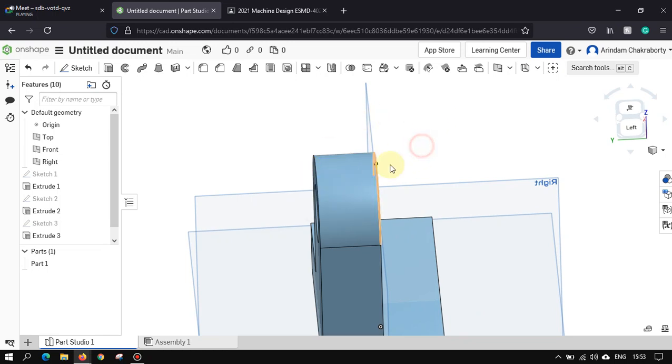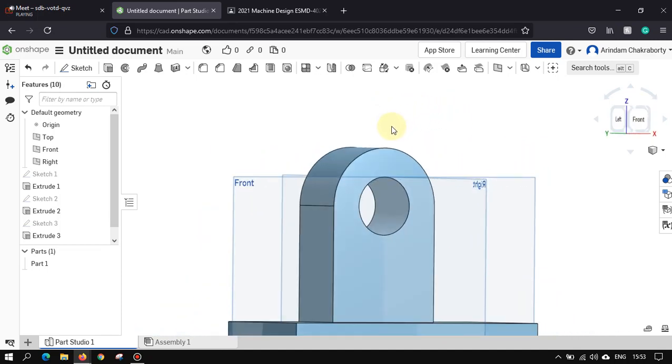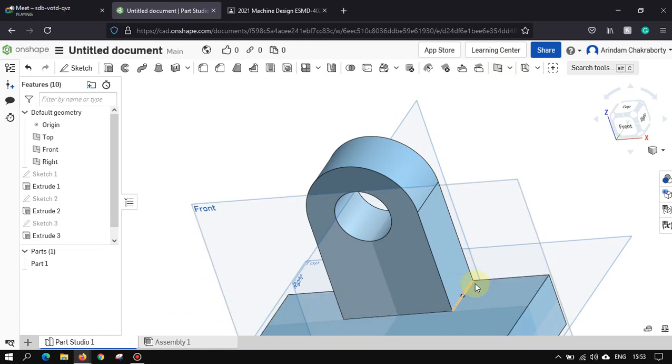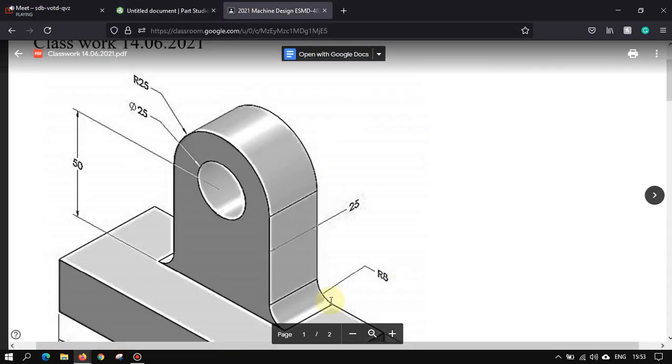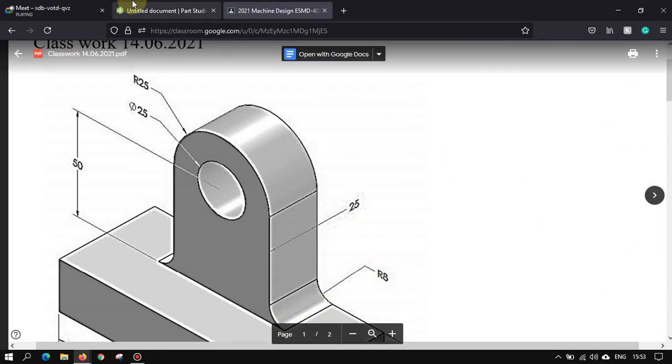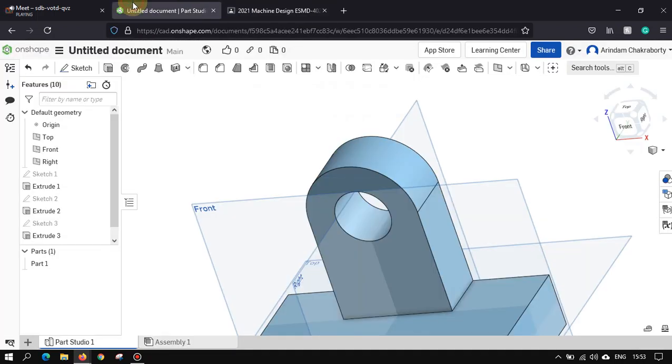So after that, let me show you the last step, where you see that over here it's not the same as it should be. It is written R8. It is nothing but your fillet.